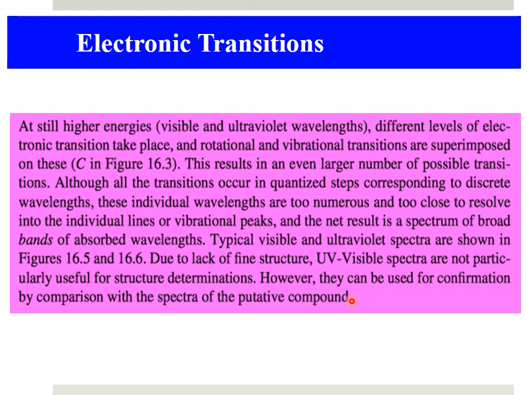So in the next lecture, I will show you different types of spectra in the infrared region, and also in the UV visible region. We will see that in the IR region, the vibrational spectra are relevant to the identification of the functional groups in the compound, while in the case of UV visible spectra we will see broad lines as written here, and these are not of so much analytical use, but in